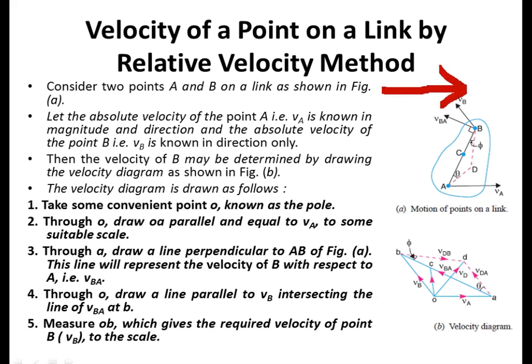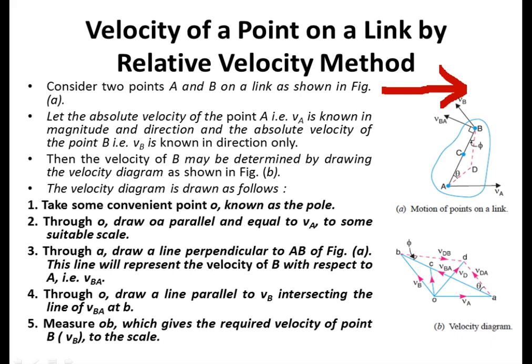You should know the value of that. That will be nothing but the magnitude. And direction is nothing but the direction in which I am going to draw. This is horizontal, which means the direction is 0 degrees. Here also some direction is given, which means for the point A both magnitude and direction are given. Whereas for point B, only the direction is known; you don't know the magnitude for B. So that will be determined by using the velocity diagram. Okay, so we'll see now how to do that.